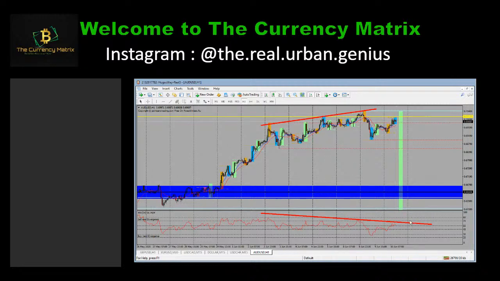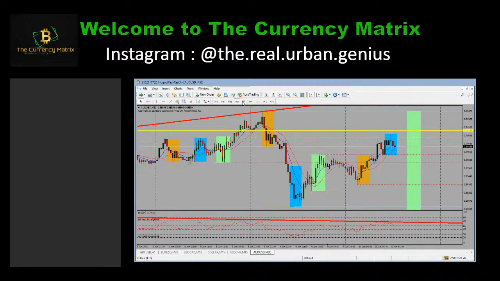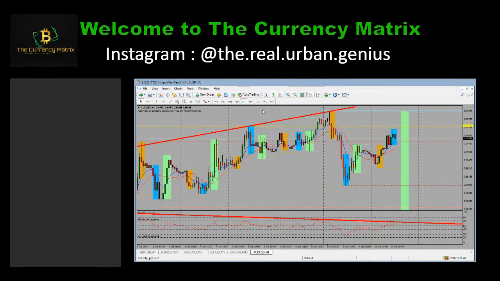So now we can definitely go ahead and confirm that price is being rejected from last week's high. With that being said, now that I'm on the hour and our entry time frames, I can pull out my Fibonacci. The first thing I'm going to do is verify the most recent swing that has been confirmed, which is here,